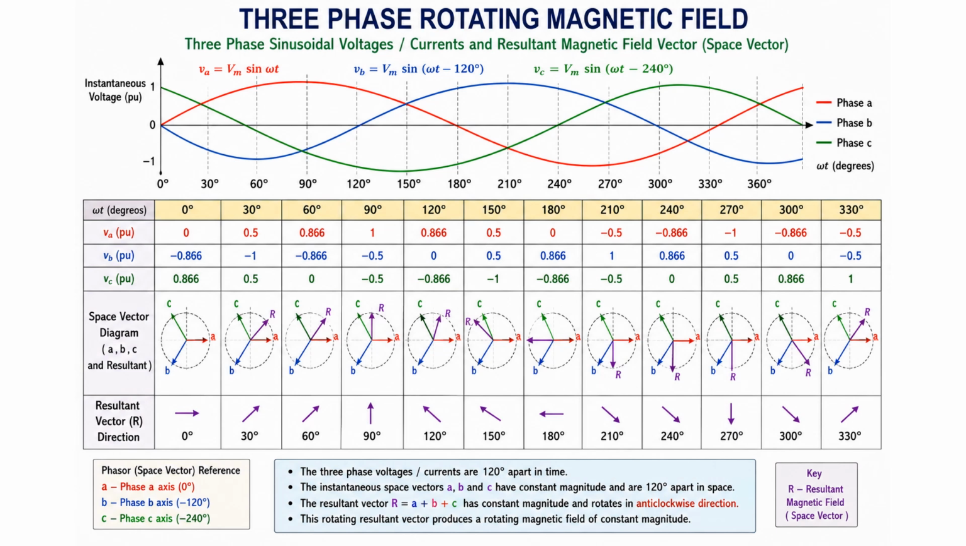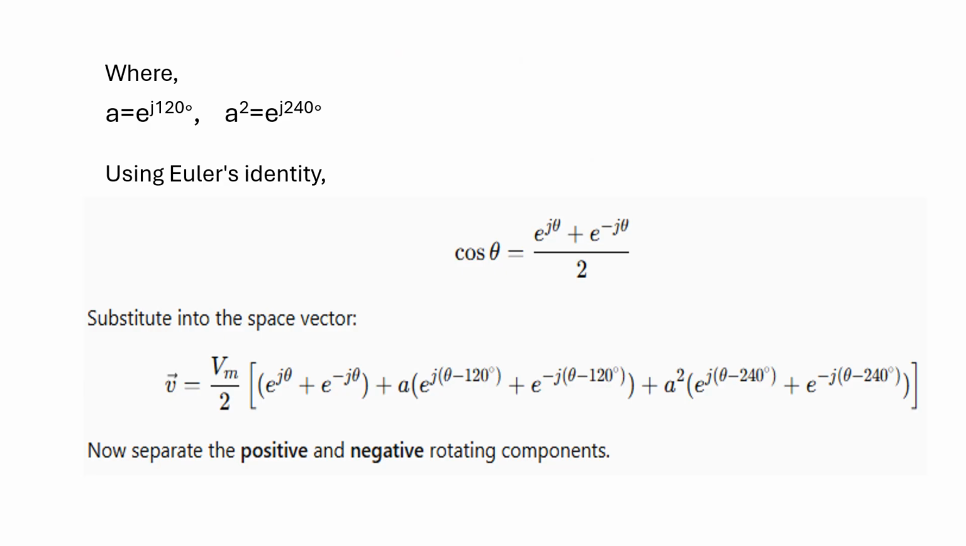This means all the three sinusoidally varying voltage waveforms are converted into a single resultant vector, that is a rotating phasor. We can say this is a rotating phasor. This is something like a space phasor. Now here if you observe,